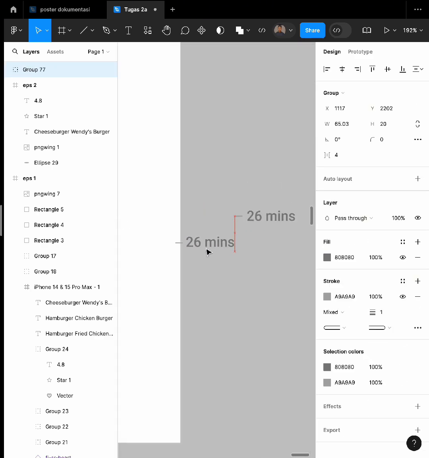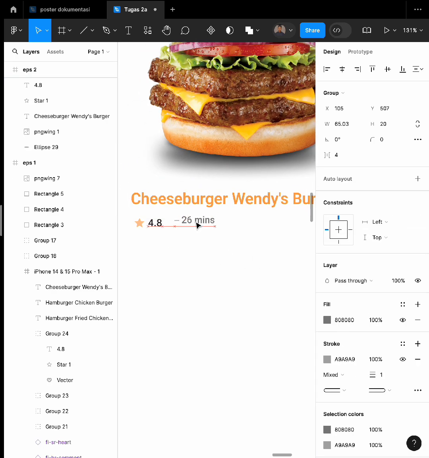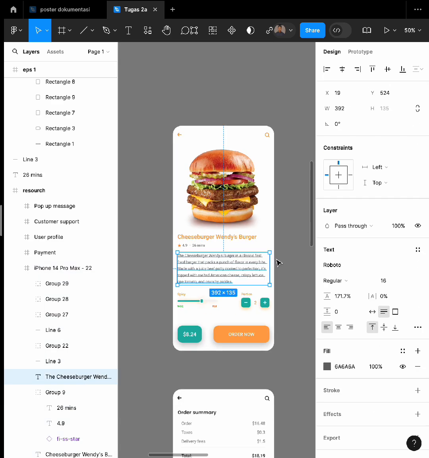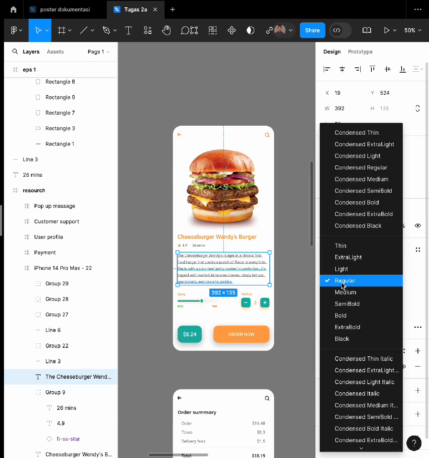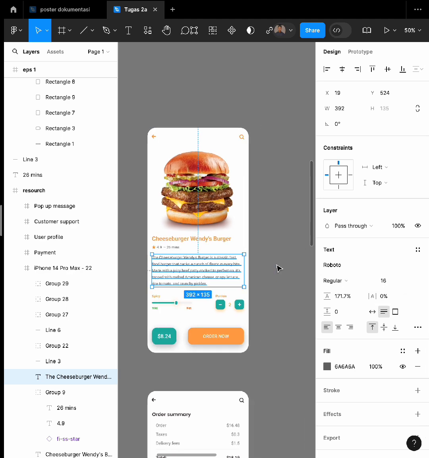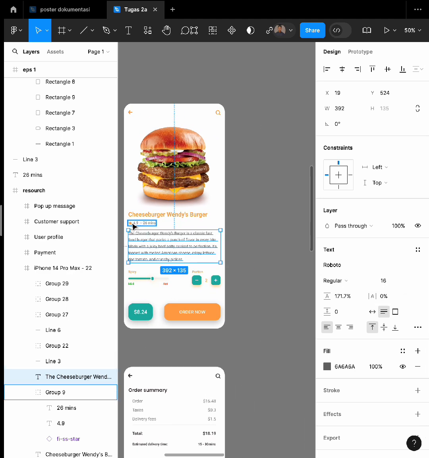We group it and put it on here, and then create some description with the Roboto, and the type is regular with the 16 bigger than the rating little.